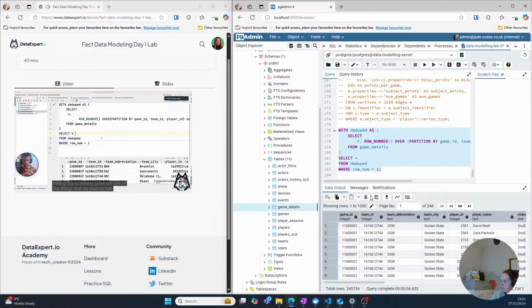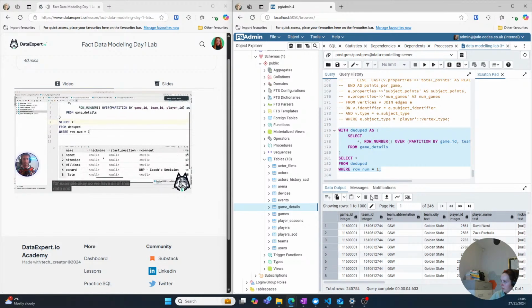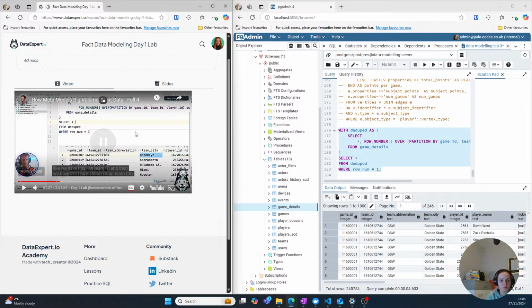One of the things that we want to talk about here is that there are probably a lot of things in here that don't matter. We have all of this data, and one of the things about this fact data is that it's very denormalized, because you see how we have this team ID, and then we have team abbreviation, team